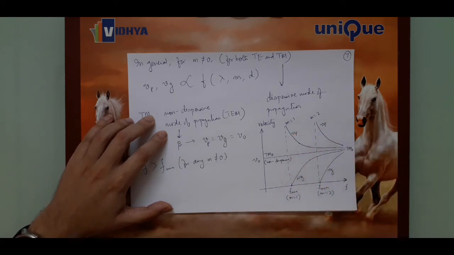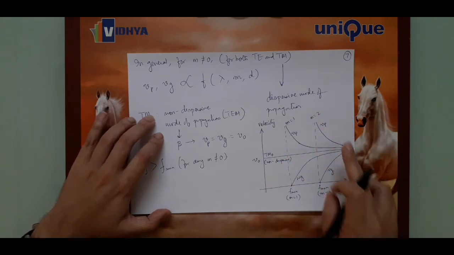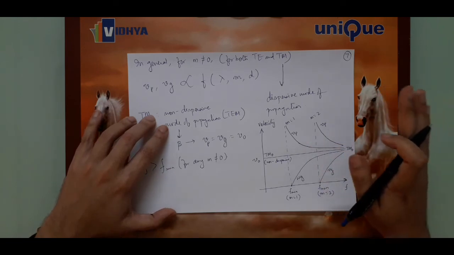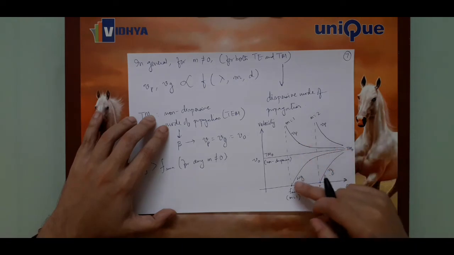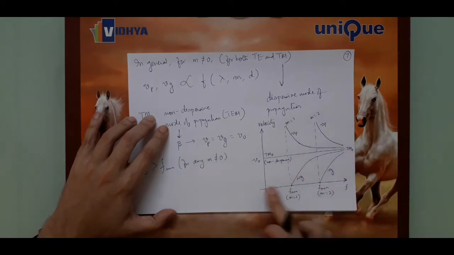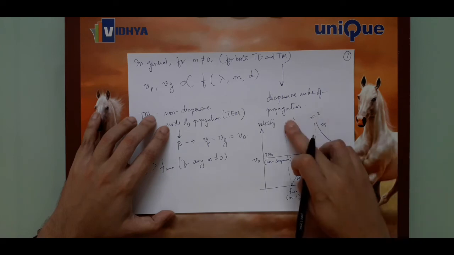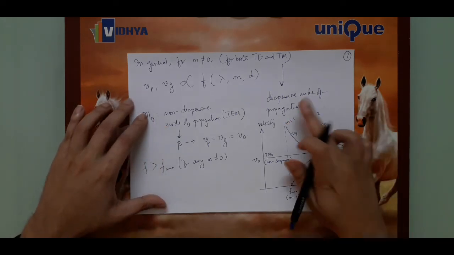And all of these other second order curves, since they are not linear, have some cutoff frequencies below which they cannot exist. So what you will see is that these m equal to 1, m equal to 2 and other values of m are all dispersive modes of